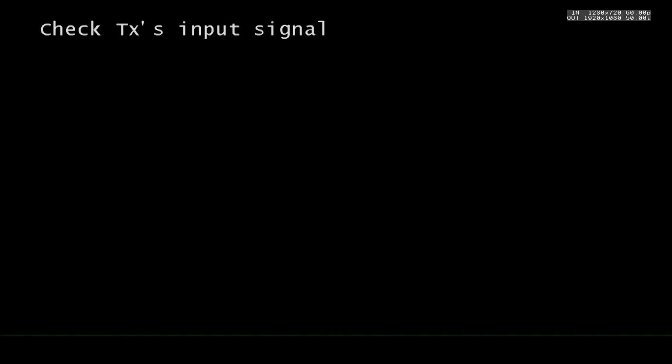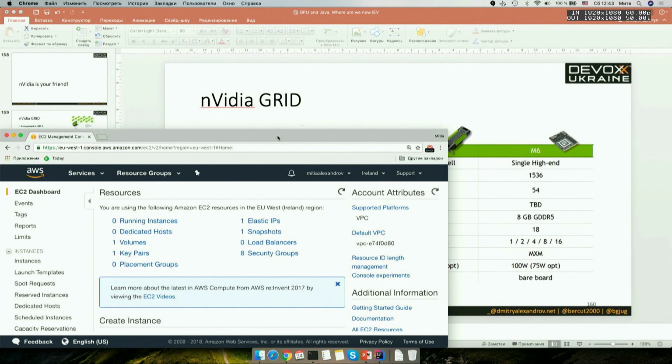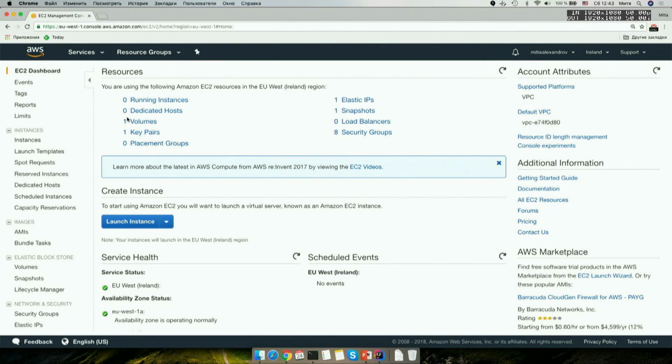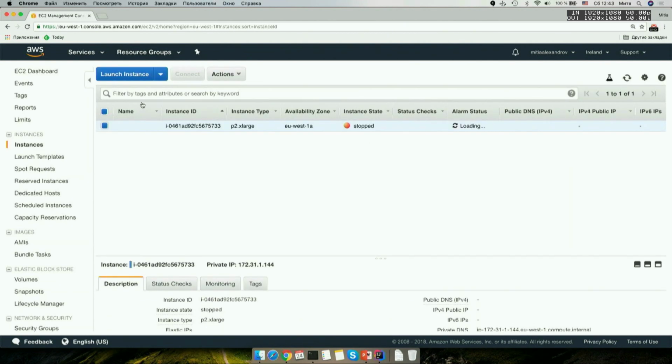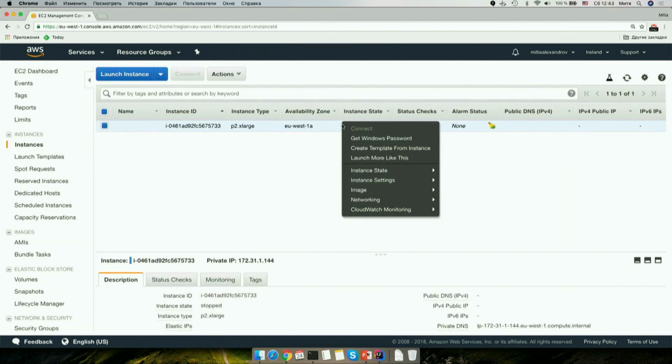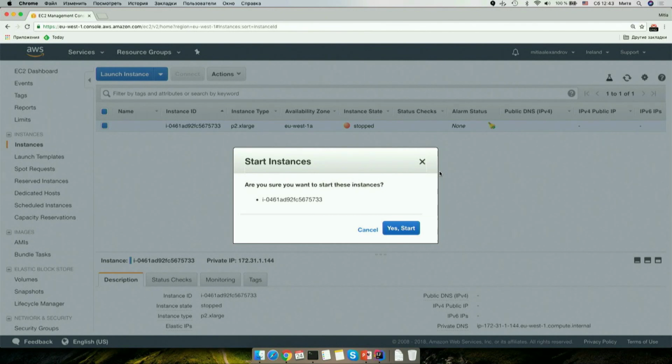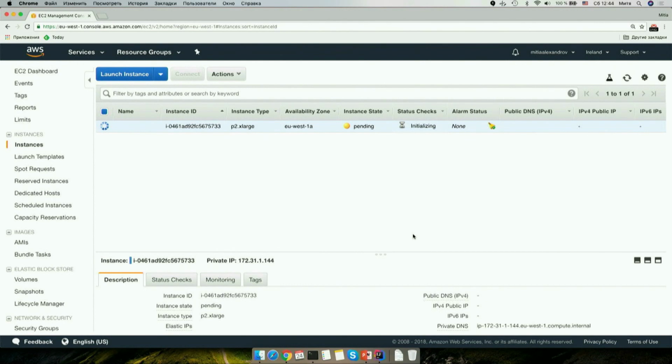So I made a demo. An Amazon EC2 machine. I have an instance with a GPU inside, so I'll just run it, especially for you. I wanted to run it just before the talk, but you see, it's about $1 an hour.